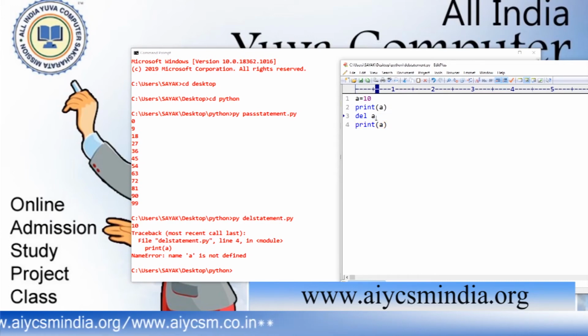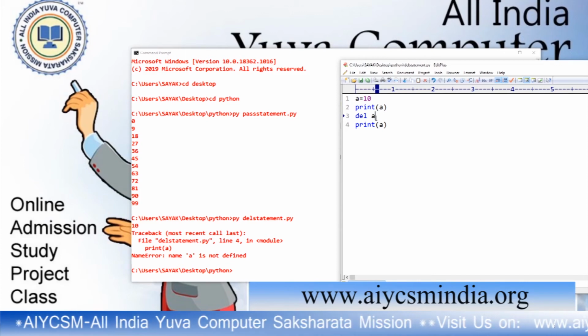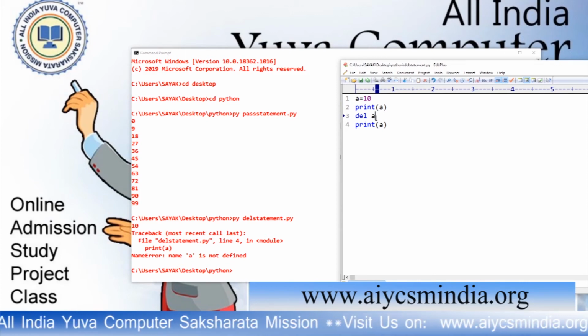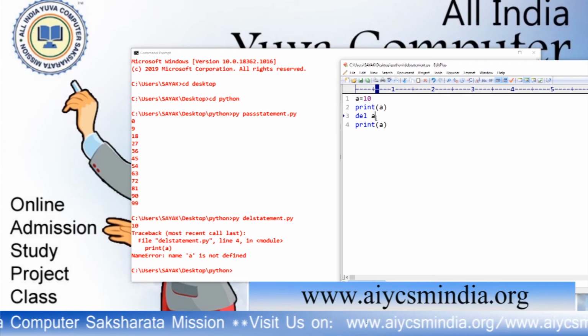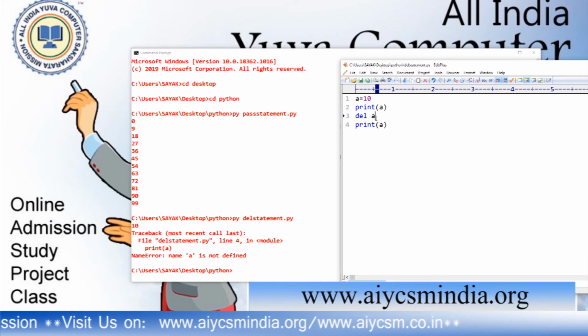With the help of del, we can delete the variable. After using a variable, it is highly recommended to delete it if it is no longer required, so that the corresponding object becomes eligible for garbage collection. We know that objects that have no use are eligible for garbage collection. Those who know Java know what garbage collection is.